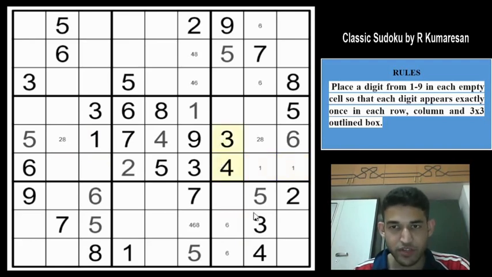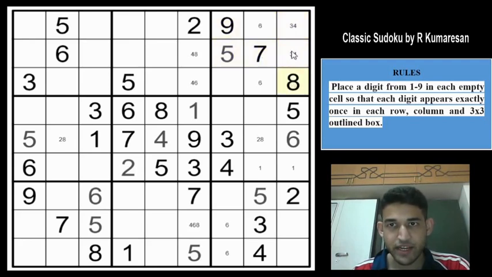There is a pair if you see. You can see that 3, 4 is in column 7 in rows 5 and 6 and there is a 3, 4 in column 8 in rows 8 and 9. So which means that you cannot have 3, 4 in any of these cells and there is only two cells left for us to lock the 3 and 4 and they have to be here.